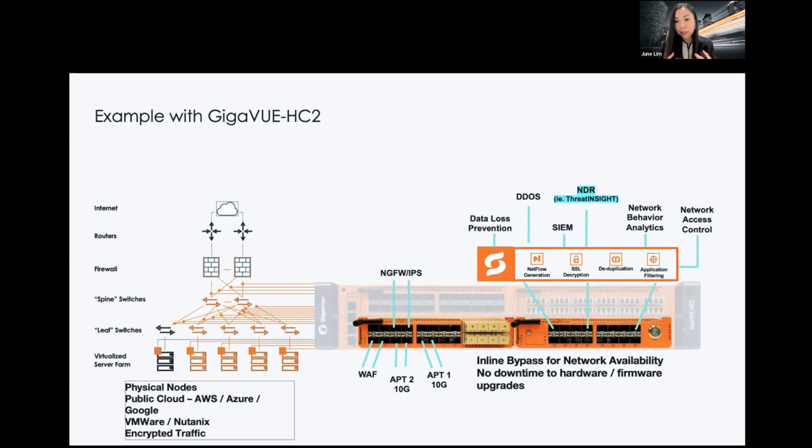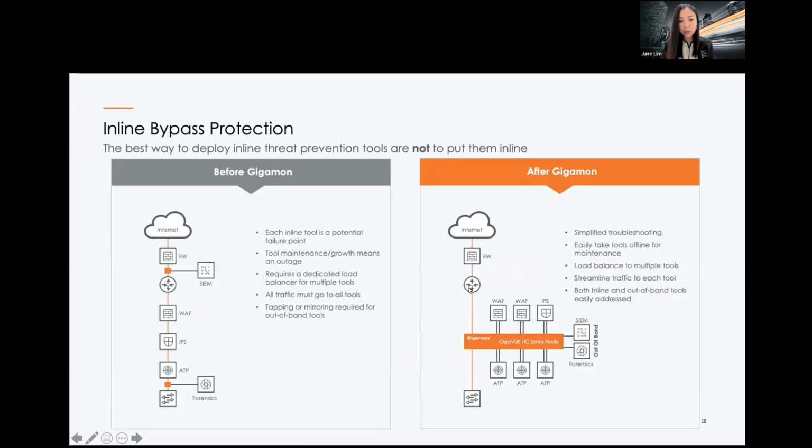A lot of customers want to know, okay, what exactly are the DNS root servers on my network? What are the expiring SSL certificates? What are the weak ciphers on my network? Is there any cryptocurrency mining on my network? We can help you find out all this information and send it to your SIEM to see it from a single pane of glass. A lot of things that we can do.